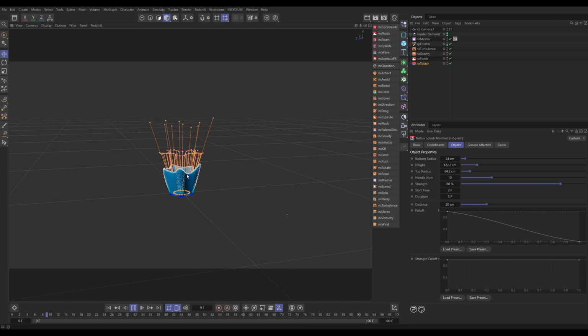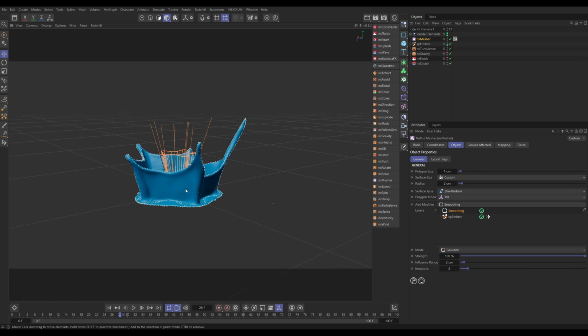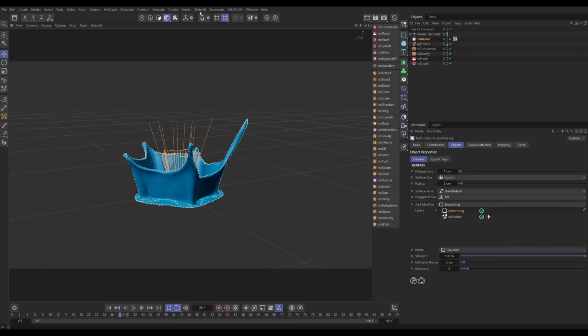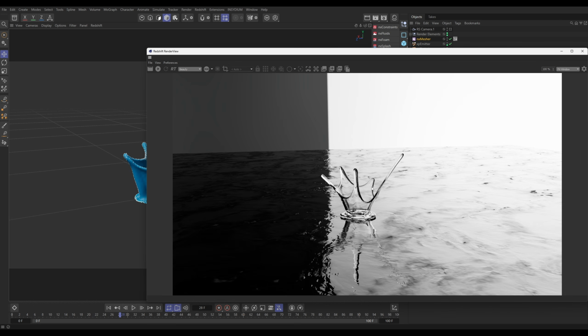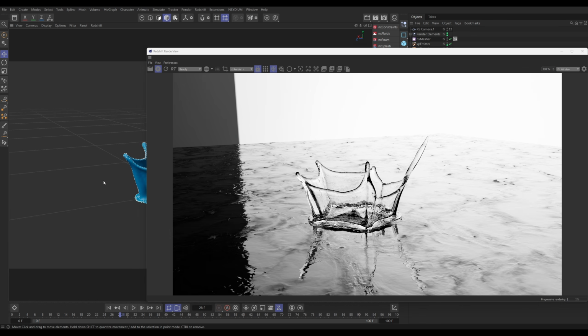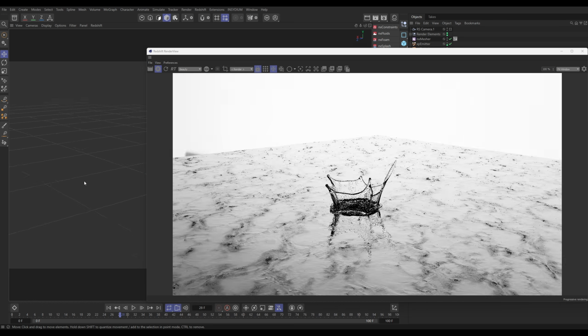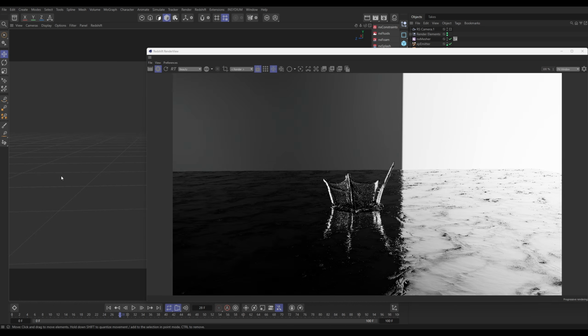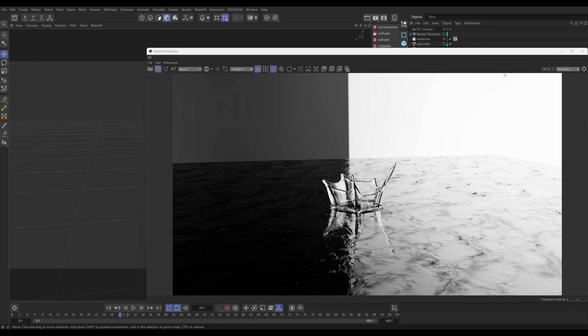But you'll see that when these start falling, the areas of thin sheeting between our tendrils will kind of hang around for longer. Yeah, look, and we've got this real kind of crown shape now, haven't we? Whereas before with the flip, it really kind of arched down here. So now that we've got that, let's go to Redshift render view. So this is what we had with our flip sim. Let's render our APIC version, and there you can see the obvious difference. So a very different kind of stylized look. Very cool. So that's how we can use nxSplash